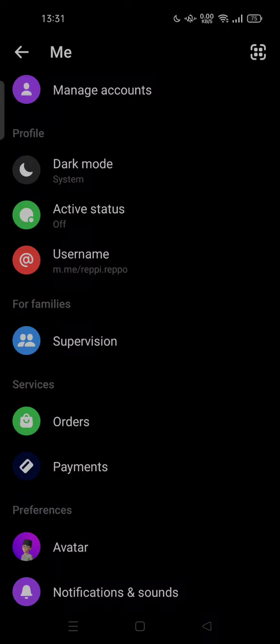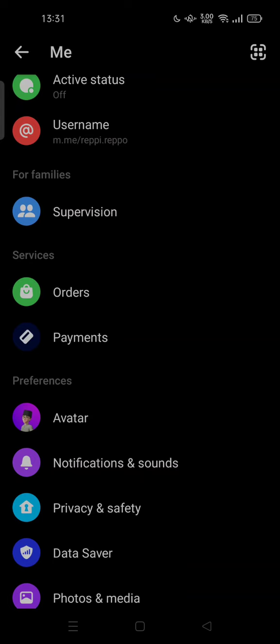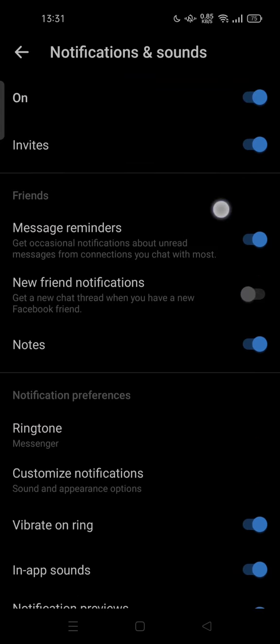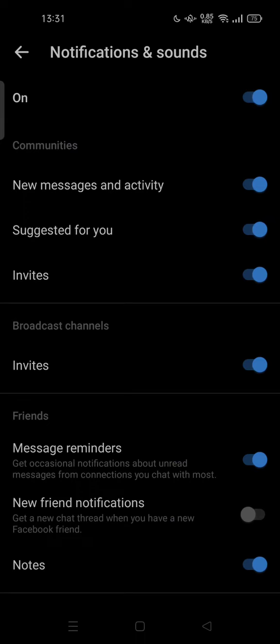Today I'm going to show you how you can turn off notifications on Messenger. So all you have to do now is open your Messenger and go to the settings, and you can scroll down and try to search for notifications and sounds. You can click it or tap it. Here, to make it simple, you can try to turn this off by